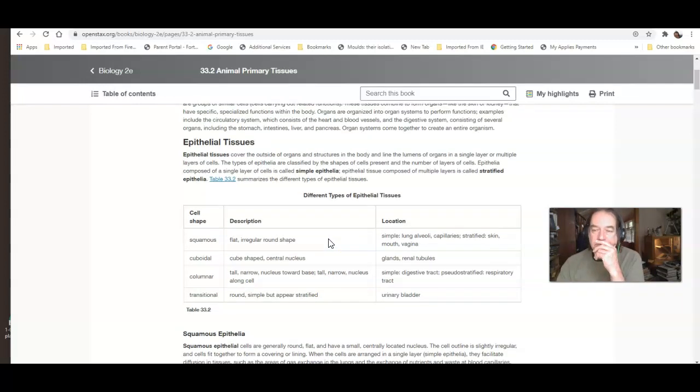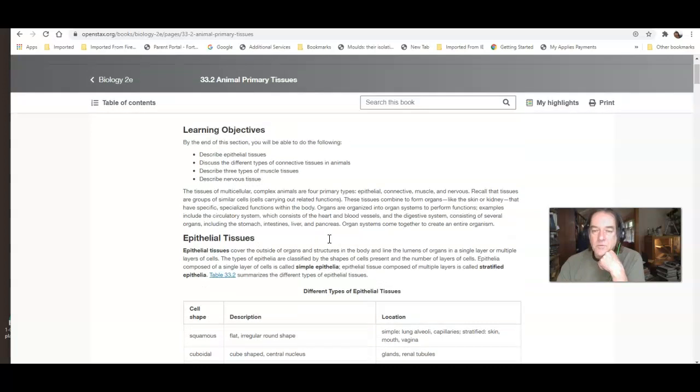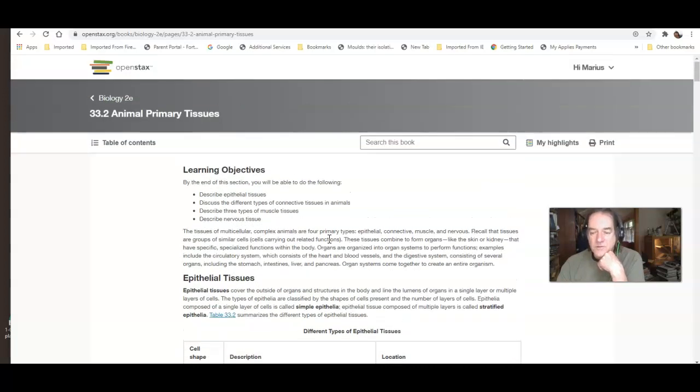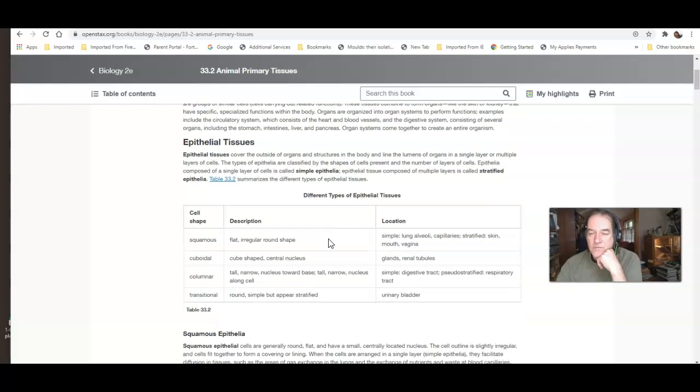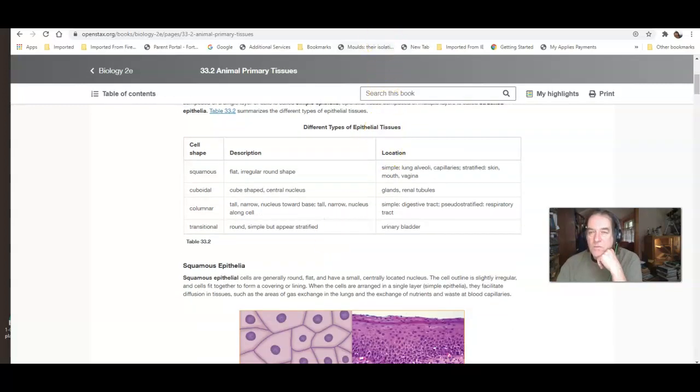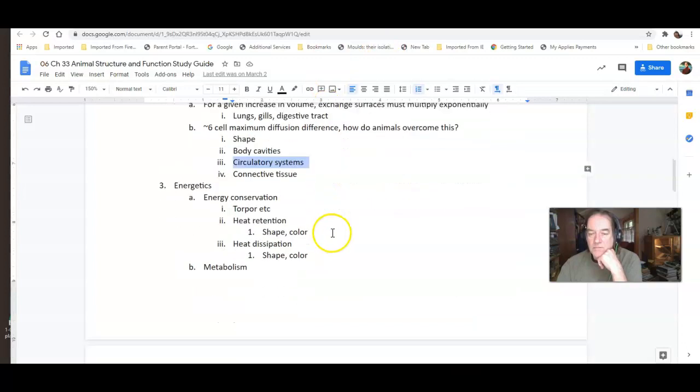All right. So animals are composed of 4 different types of tissue. You should know that. There's epithelial tissue. There is muscular tissue. There is nervous tissue. And then there is this great big grab bag of tissues called connective tissues. All right. And you'll want to remember, and I'll go back to the study guide right here,